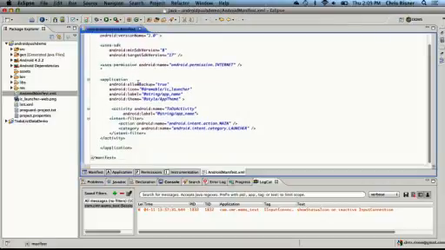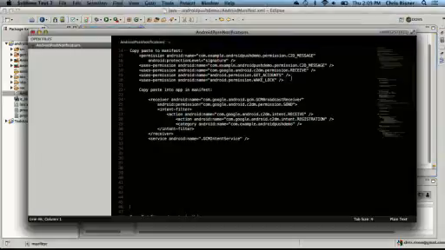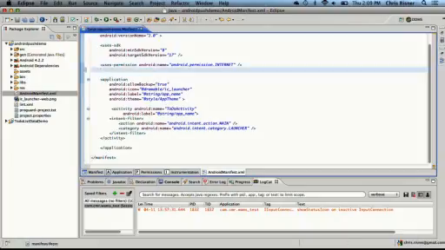Now to save you the time and trouble of actually having me type all this in, I'm just going to copy and paste it in and then explain to you what's going on. So we've already requested the internet permission, which is obviously necessary for any application that's going to communicate with and be communicated back